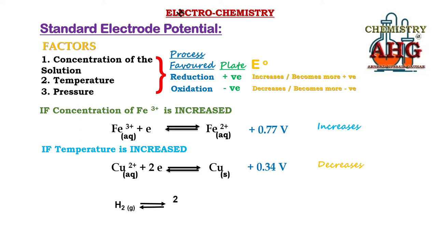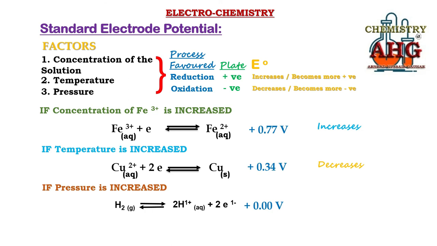But remember, in this half cell a gas must be present. Look at this, this is a half cell of hydrogen. Its standard electrode potential is assumed to be 0, since it is a reference electrode. In this case, if you have been asked to study the effect of pressure, what you must remember is that whenever pressure is increased, it favors the reaction that proceeds from more moles of gas to fewer moles of gas. Now in this given equation, you can see the number of moles of hydrogen gas.